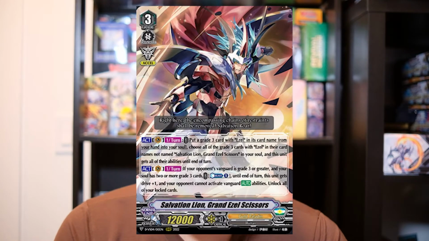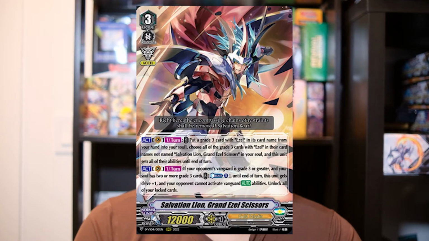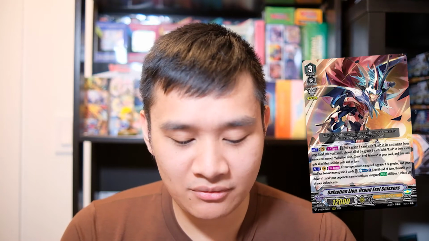And last but not least, my top 1 pick has to be Salvation Lion Grand Azel Scissors. So his ability, for anyone who does not already know, once per turn you can put a grade 3 with Azel from its card name from your hand into your soul. Choose all grade 3s with Azel in their name that is not named Salvation Lion Grand Azel Scissors, and Salvation Lion Grand Azel Scissors on your Vanguard gets all the abilities of all the other Azels in your soul until